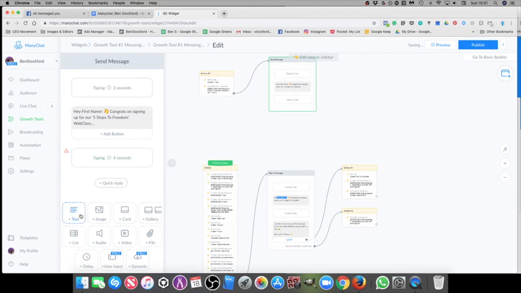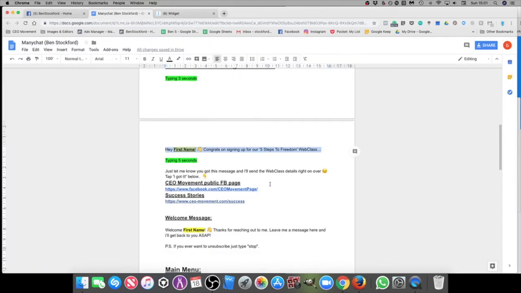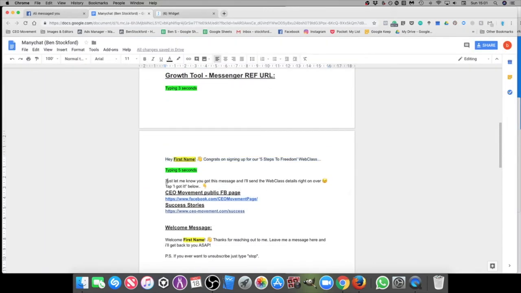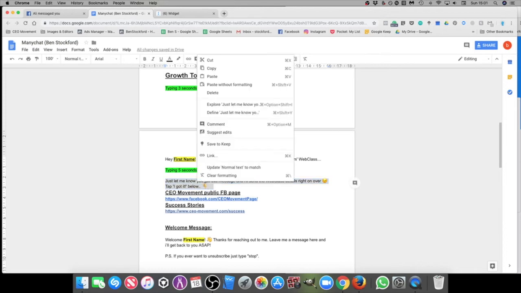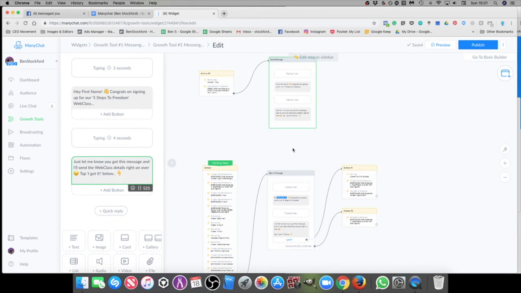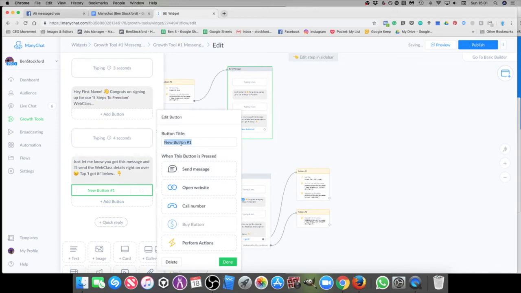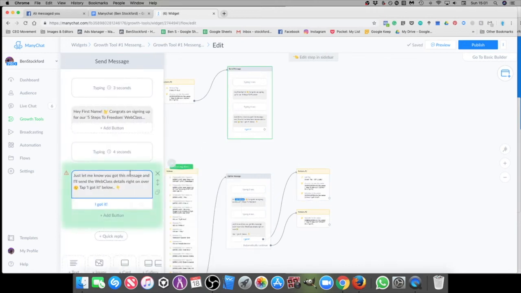4 seconds in there, and then we want another text. Again, if you want to copy mine, it's here. Paste into there. So now we want to add a button. We want to call that, I got it. Okay, so it's basically asking them to tap the button